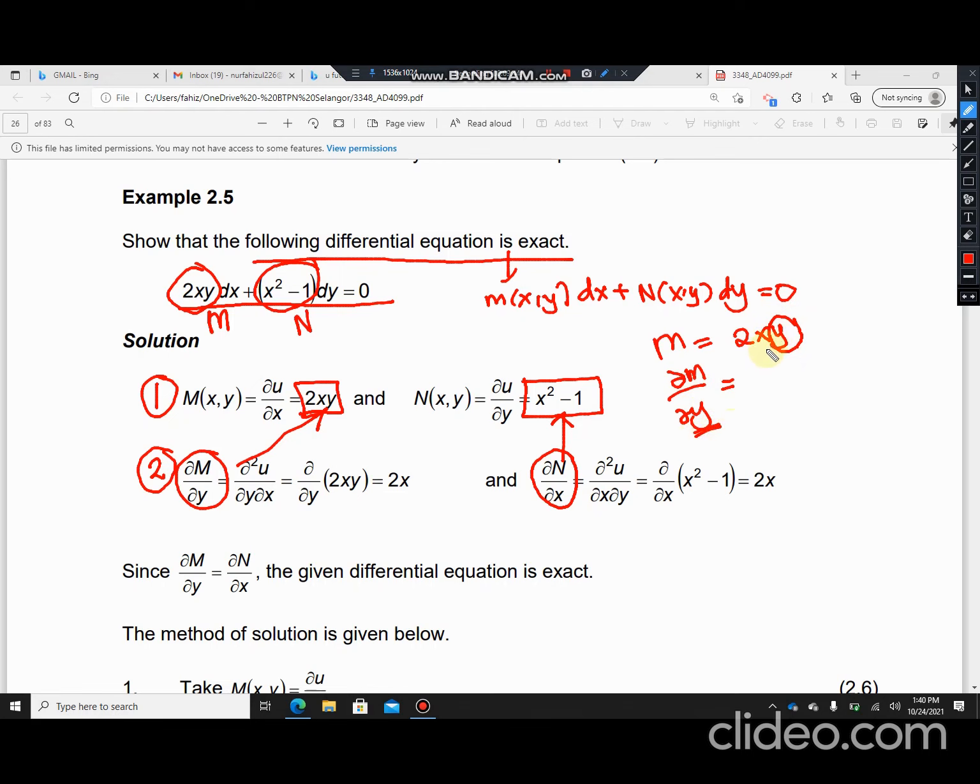Bila awak nak differentiate terhadap y, kita tengok cara yang biasa kita buat. Bila differentiate y, you get 1, kan? Bila differentiate satu variable, kita akan dapat 1. So 2x